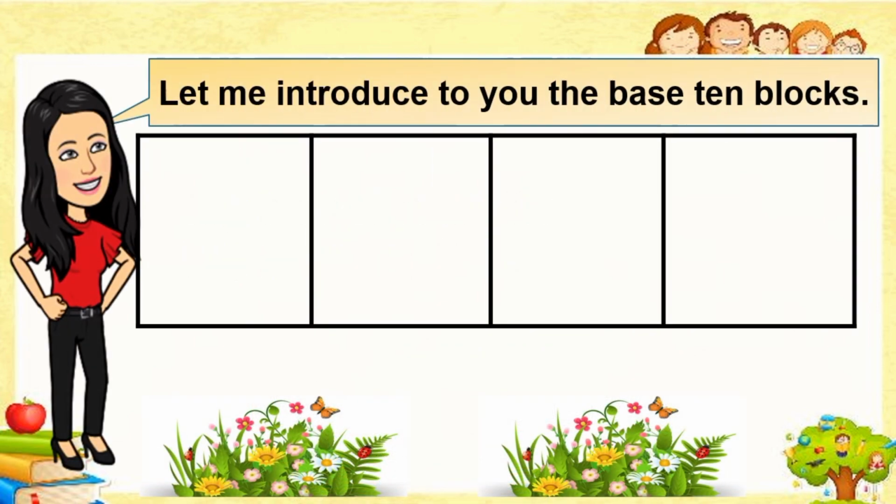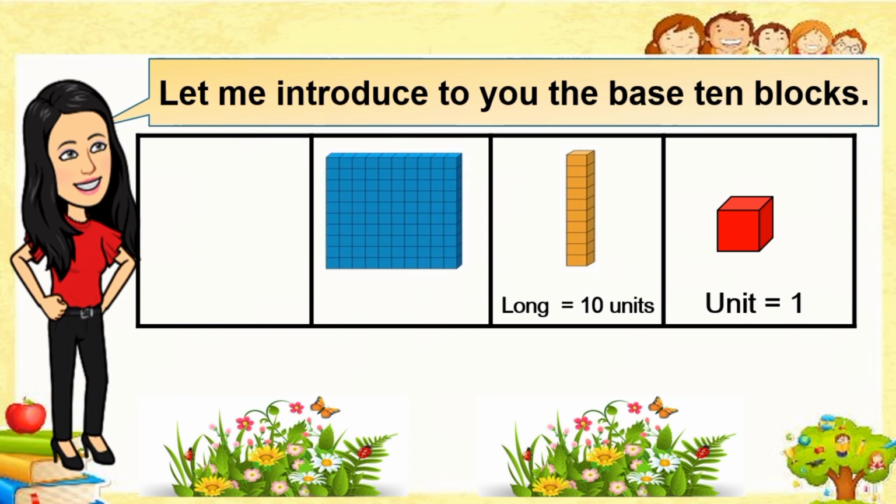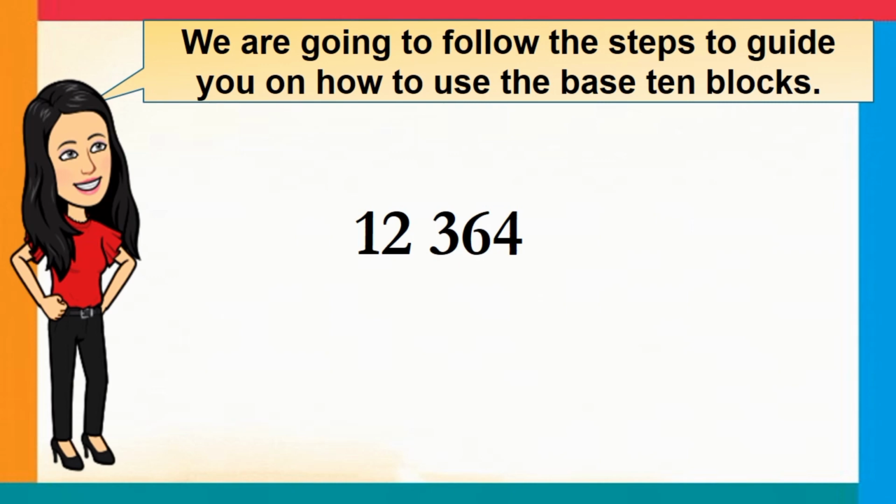First, let me introduce to you the base 10 blocks. Let's begin with unit. A unit is equal to 1. This is long, and it is equal to 10 units. Next is flat. A flat is equal to 100 units. And lastly, this is a block, and it is equal to 1,000 units. Since we have already familiarized the base 10 blocks, we can now visualize the given number